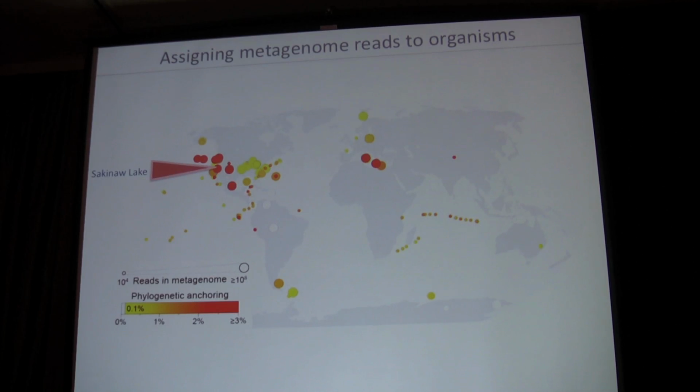Okay, switching gears. Assigning metagenome reads to organisms. So we have all these genomes that didn't exist before in the tree. They should serve as very good references for binning metagenome read data. And I just want to show you a quick example. What you see here is